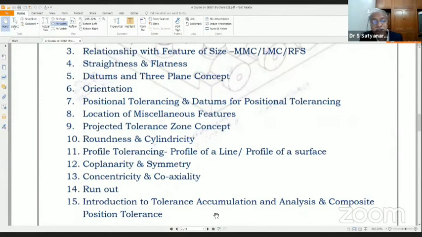Please bear in mind, this is a very important course, and such courses are conducted by various people and organizations. There is a course now running by IMTMA, the Indian Machine Tool Manufacturers' Association. It's only a 2-hour course, and they are charging 4,500 plus GST. This entire course is a 5-day course. If anybody wants the entire course, I will request Srinivas, and I also will be there. ISKI will be organizing it on a payment basis for 5 days, wherein you can get the drawings and do the exercises also.